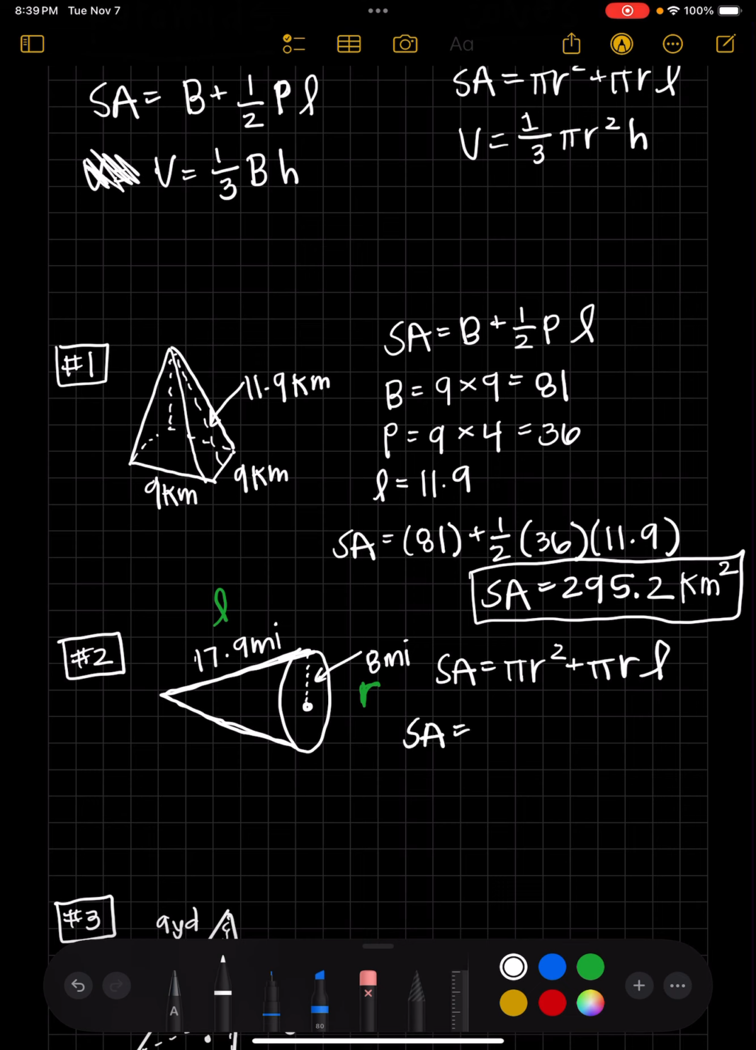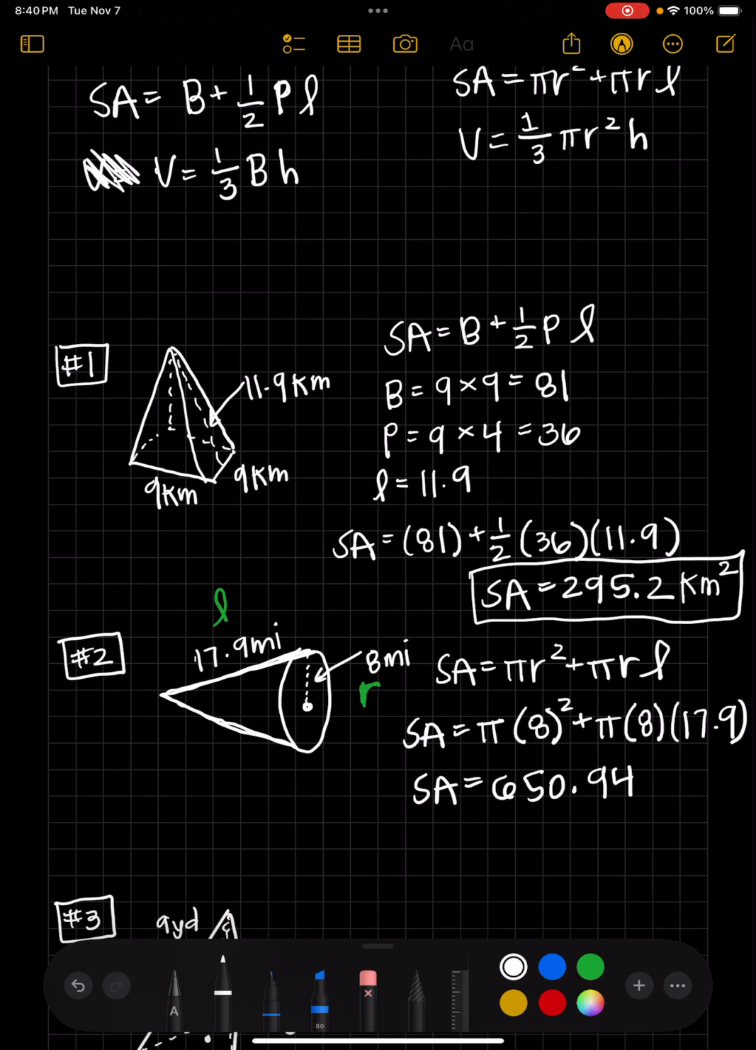We'd have surface area is equal to pi, but instead of r, I'm going to put an 8 squared, plus pi times your r, which is 8 again, times L, which is 17.9. Okay, now I can plug that into a calculator. So pi times 8 squared plus pi times 8 times 17.9 would give me that the surface area is equal to